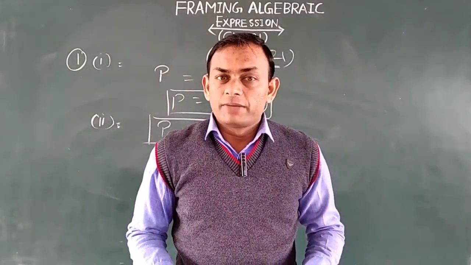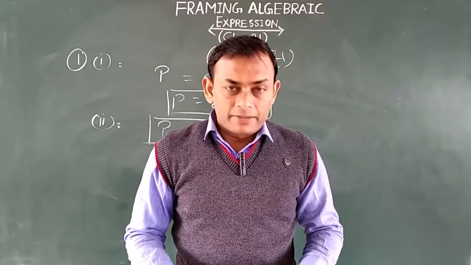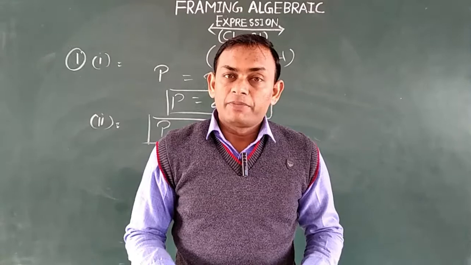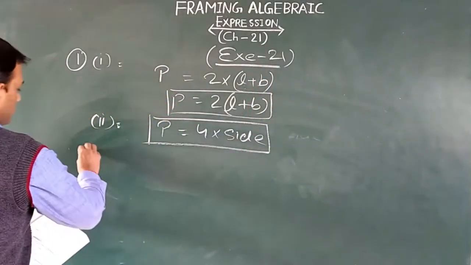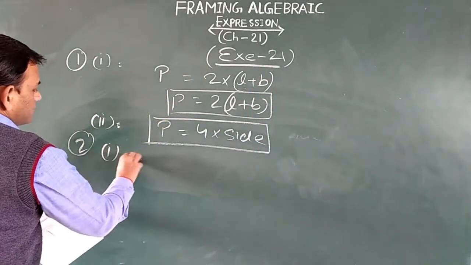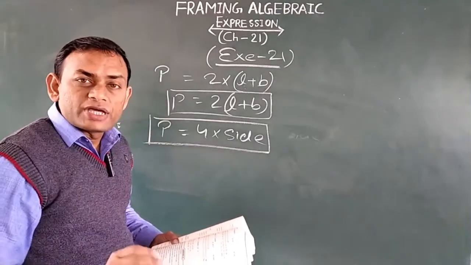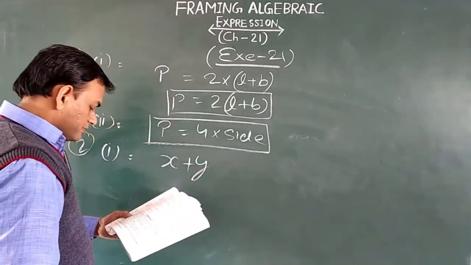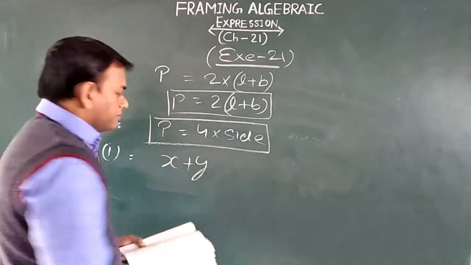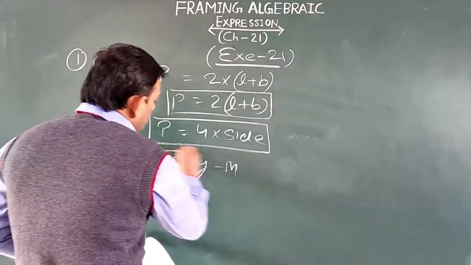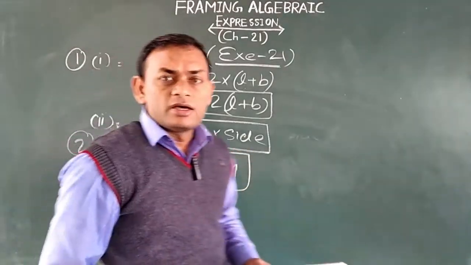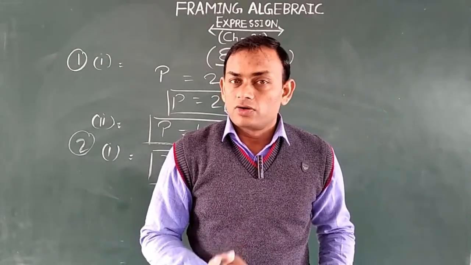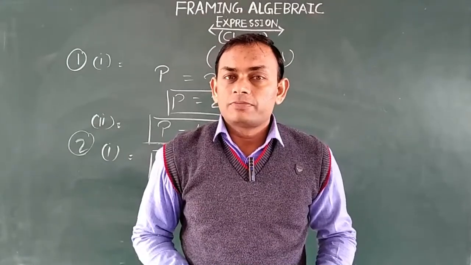After that, I am going to tell you question number 2. Same thing you have to do here: the sum of x and y minus n. It is question number 2. First part, I am telling you, sum of x and y. Sum means addition. Sum of x and y minus n. As the statement says, you have to do the same; you just follow that. Got it? Now the fourth part of question number 2.